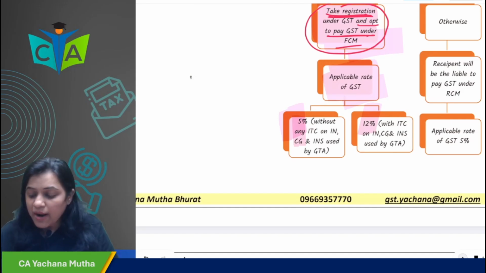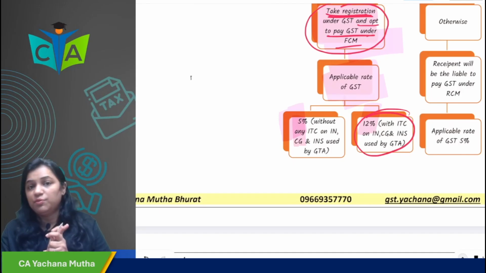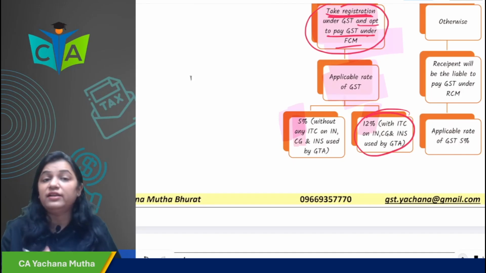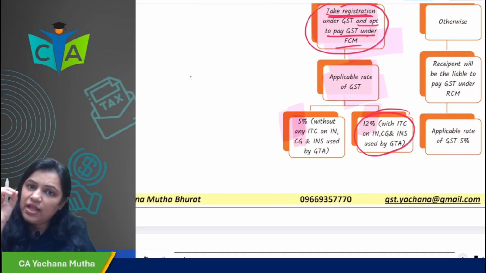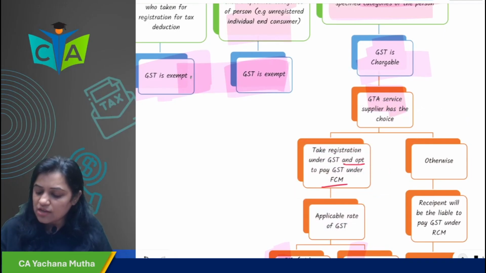Not a problem. But if you are taking ITC on input services and capital goods, in that case the output rate would be 12%. Okay, so if the GTA service supplier chooses,